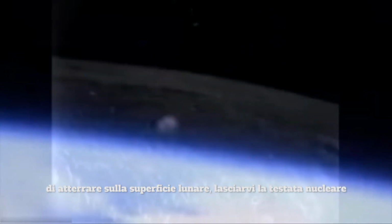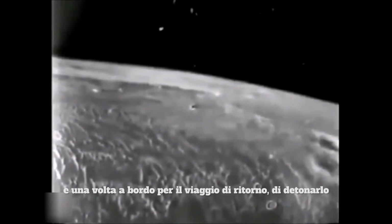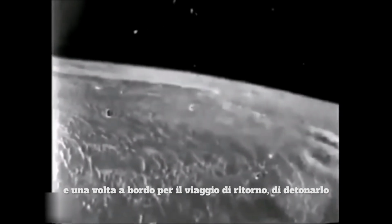This photograph was taken by your own NASA Apollo 13 guys on their trip to the moon that didn't work out too well. And many of you may have heard rumors about the story, but Apollo 13 had a small nuclear device aboard. And they had been told by the guys that ran NASA that they were going to land on the surface, going to place this small nuclear device. And then when they all left and came back aboard and came back, they were going to detonate it and